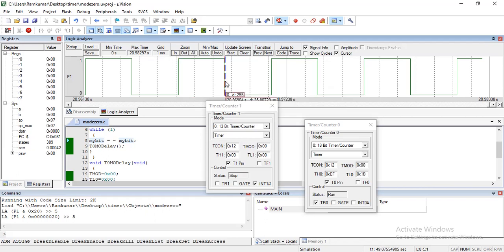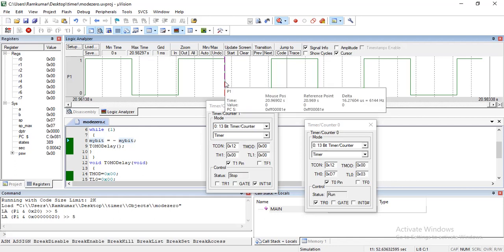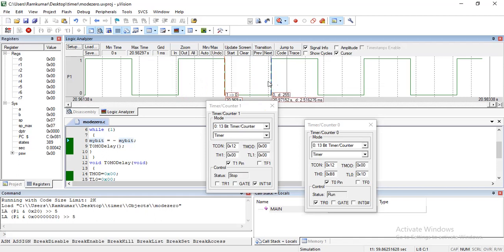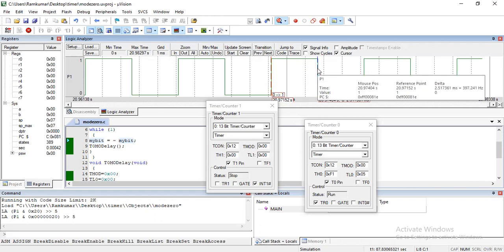You can carefully watch. Here you are getting signal information, and the output you see in the delta is showing 2.517361 milliseconds.